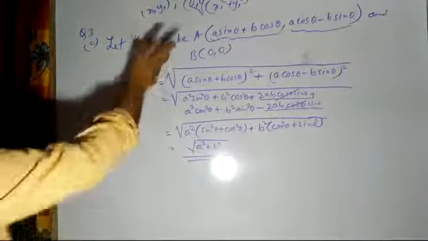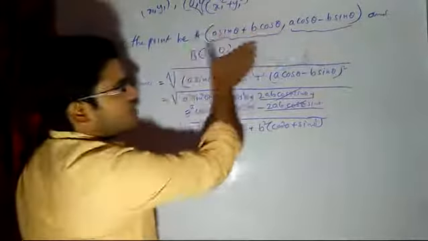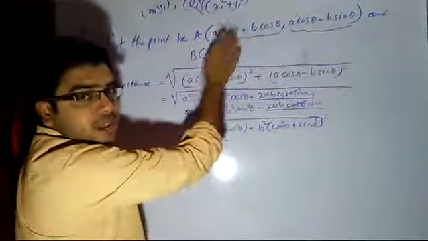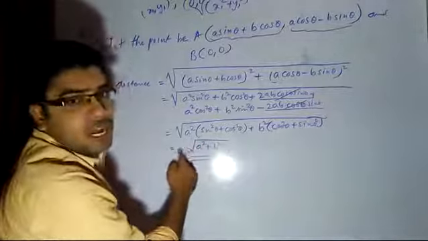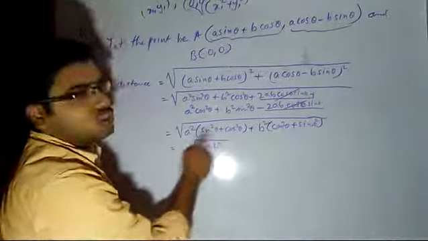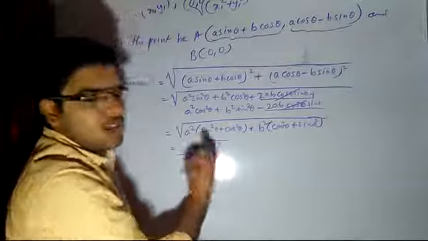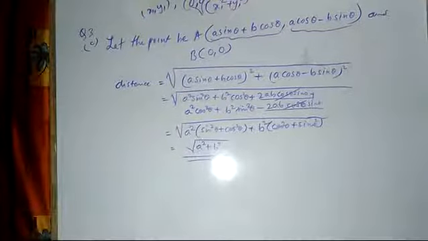This is the question, that the distance of this point and this point is independent of theta. When we have solved, we are not seeing any theta content here. We are not seeing any trigonometric functions. So obviously it is independent of theta. Now question number 3 subpart B also I will solve here, so that it will be clear.